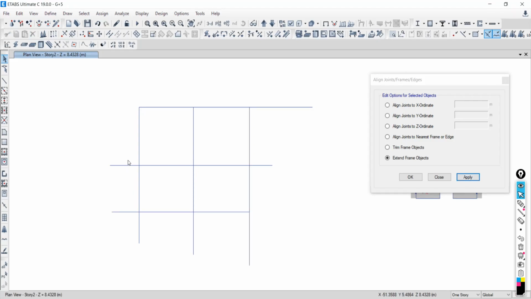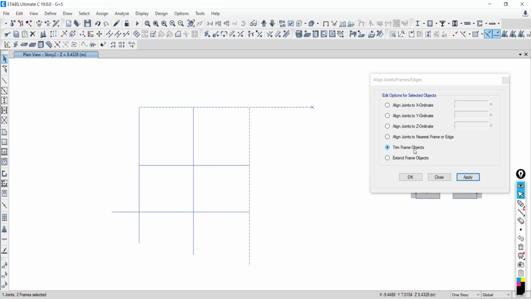I want to trim this part about this frame and this joint. Now choose the trim option. Say apply. So it will be trimmed. This frame I want to trim about this frame. Now say apply. I want to trim this extended part up to this frame about this joint.